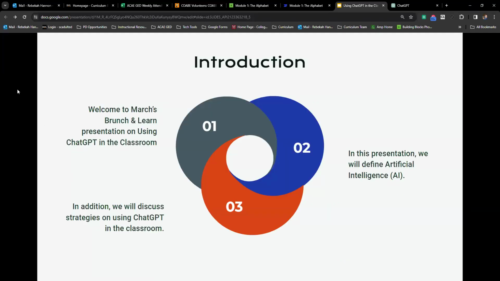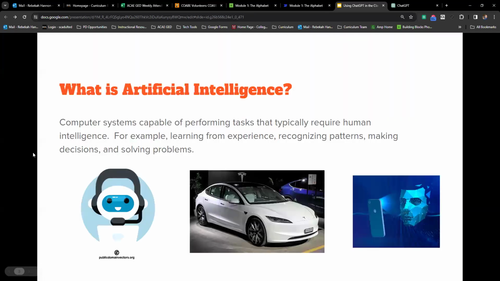Before we really jump into ChatGPT, I do want to pause and do a quick overview of what artificial intelligence is. I told you for the Spring Institute, I did a session on artificial intelligence, and particularly I emphasized ChatGPT. And it was amazing to me, I did not realize there's a lot of different functions of AI. It's all around us, in things that I hadn't even considered part of the AI environment.